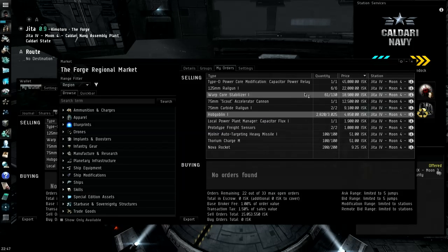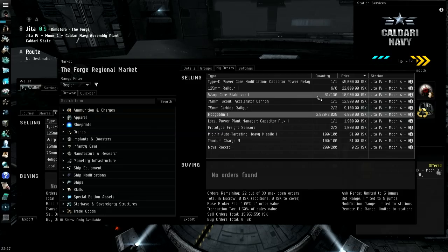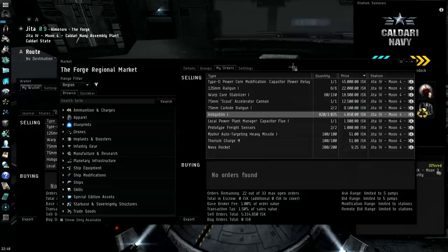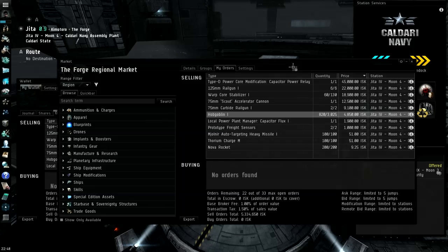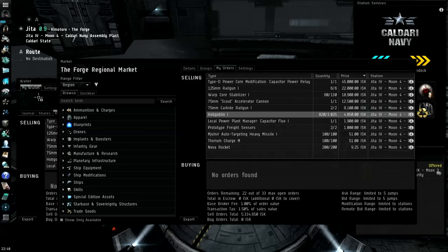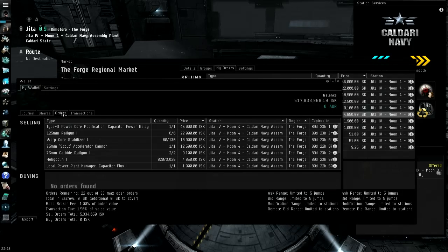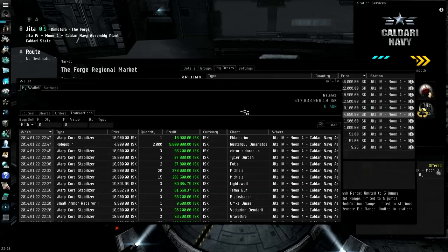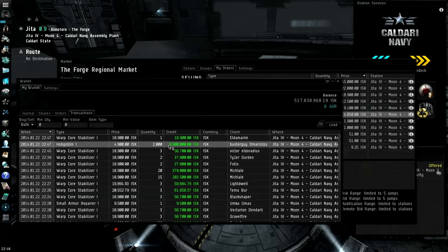Otherwise, I've been doing pretty good. Warp core stabilizers, I've only got 61 of them left out of 130. Excuse me, I had to shut things down to cough for a few minutes. Anyway, things are going pretty well here, and I notice that every time the wallet starts flashing, that means there's been another transaction. Come over here and load,